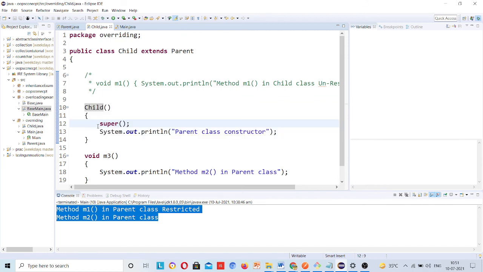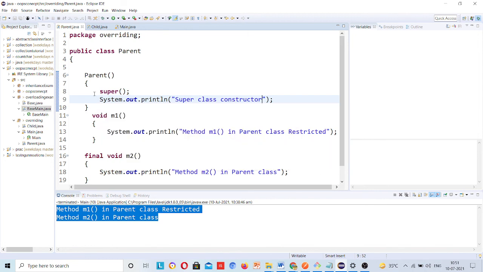But as I said, the first line of code, super(), is written by default whether you write it or not. If you write it, that's okay. If you don't, it is written by default. What does this mean? It calls the parent class constructor. So it will go to the parent class, which is also calling super, but super is the Object class, so it will ignore this.